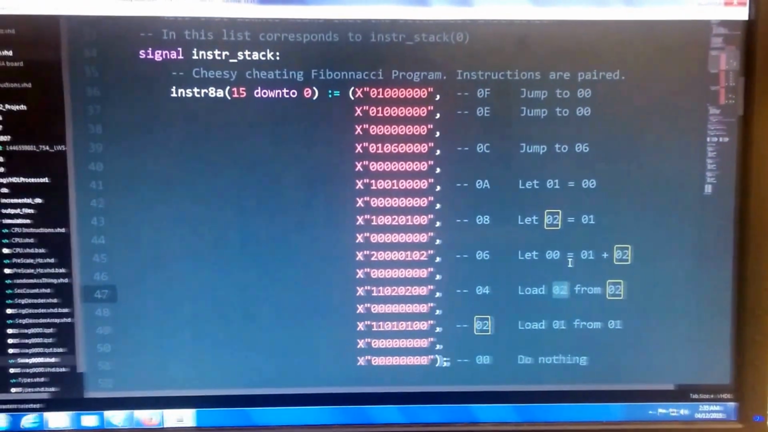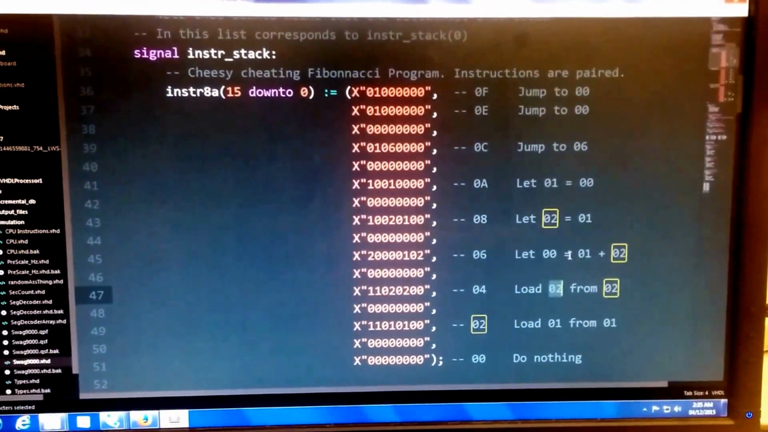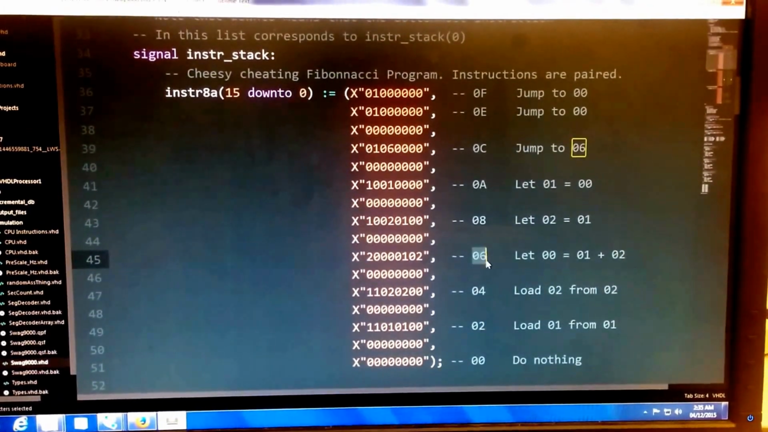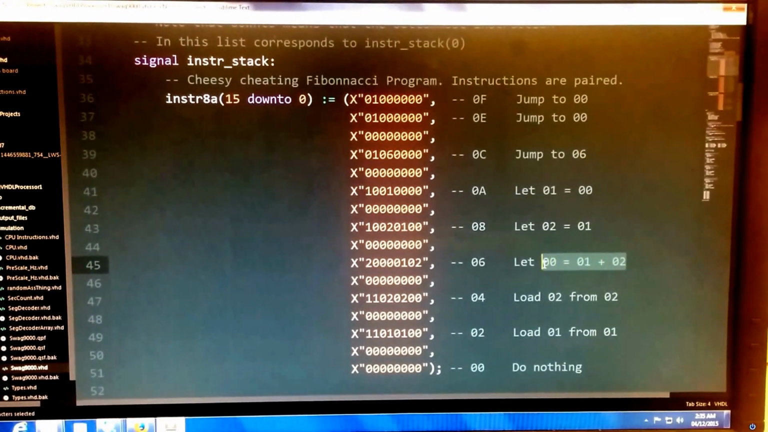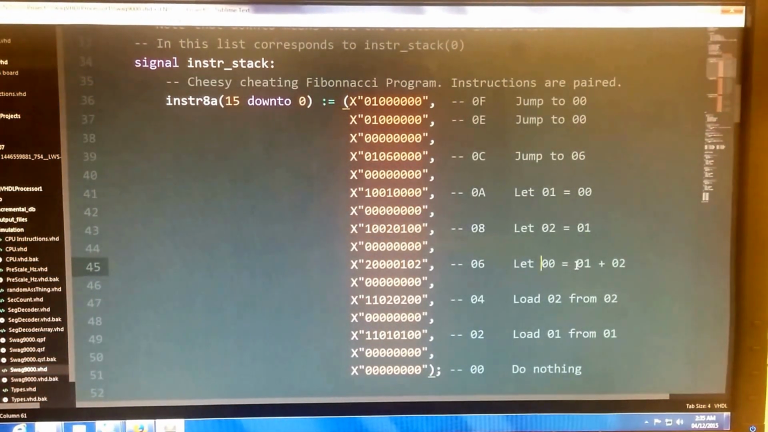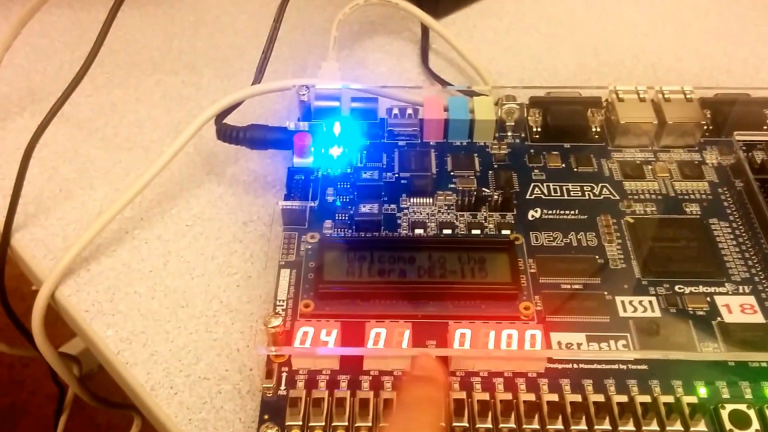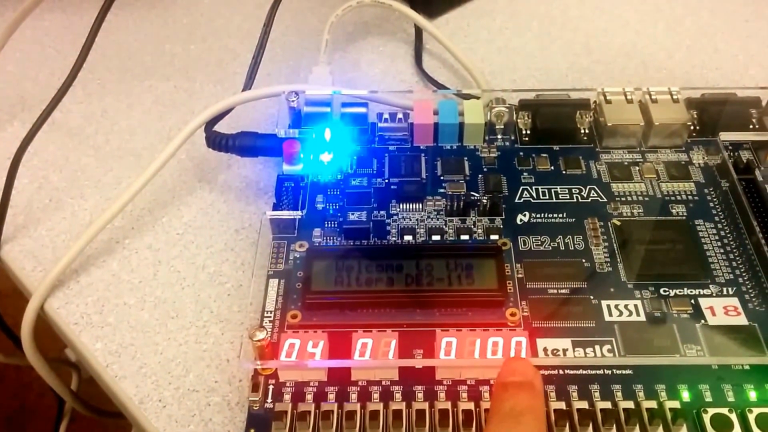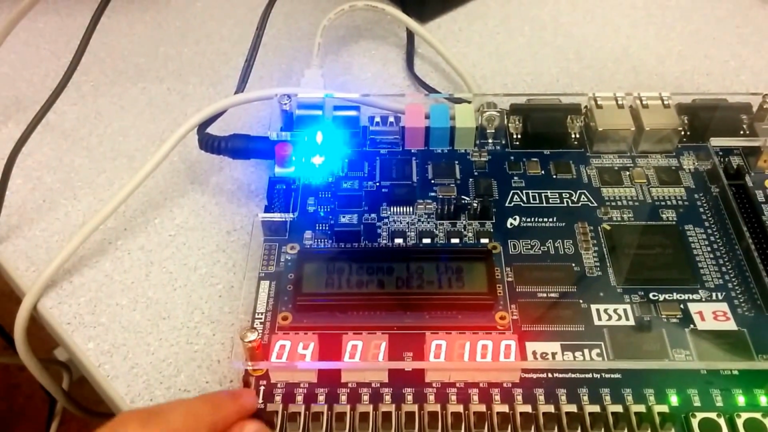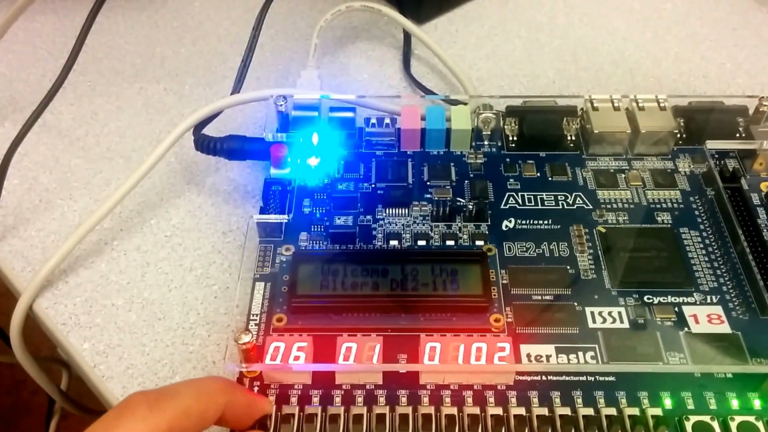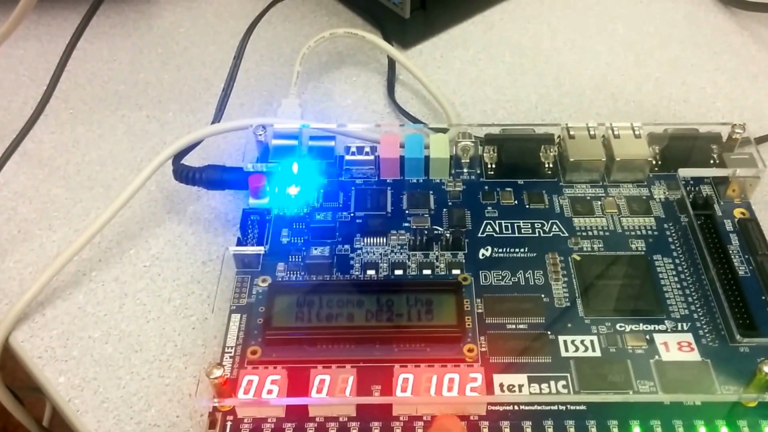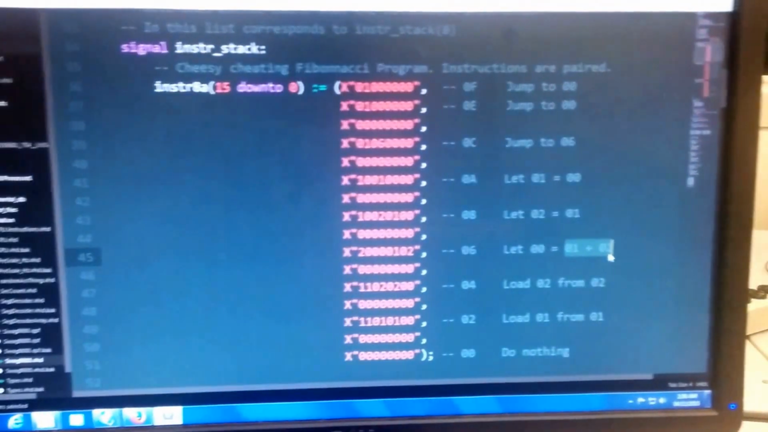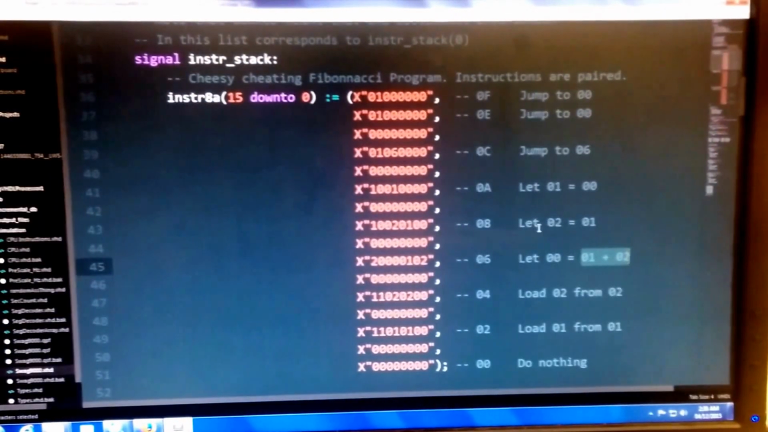Okay, and then let's move on to the third, or rather 6, I guess. What we're doing is we're adding together 1 and 2, those registers. So we add together these two registers and we put it into the 0th register. Let's see what happens. So we've added these two together. This is our 6th instruction. We've added these two together to form 2. Right there. And then we